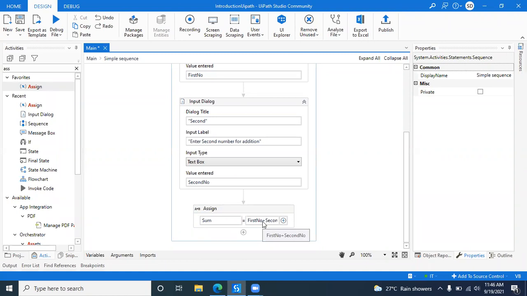If I tell you to do addition of two numbers, what are you doing? You are taking the first number, using the plus symbol, taking the second number, and in your mind you are calculating 1 plus 1 equal to 2. Same we are doing here. We are just taking a new variable to store the addition of your two numbers. Very simple thing. Understood what I had done here? Any doubt?